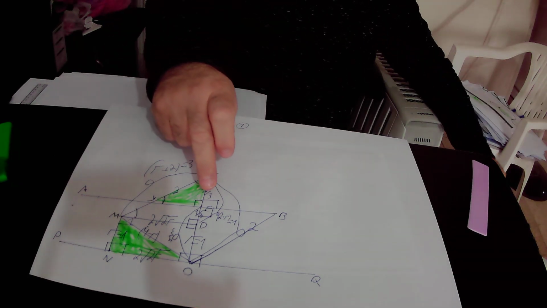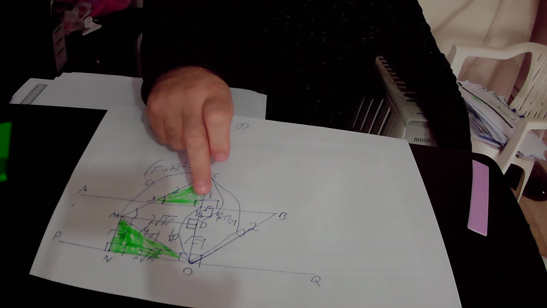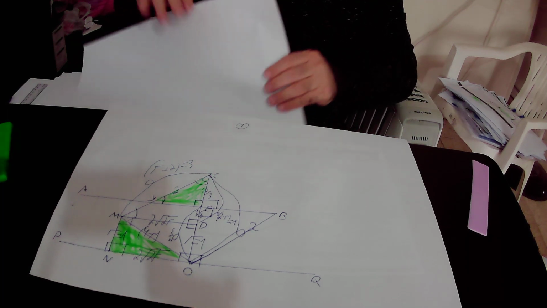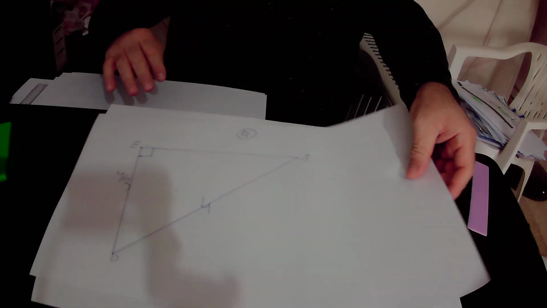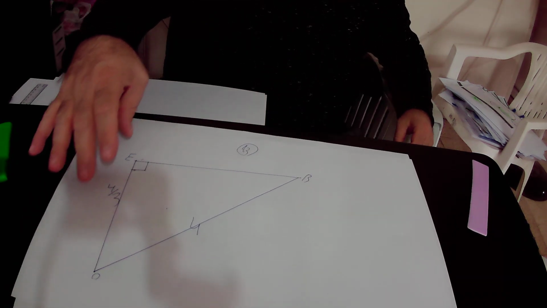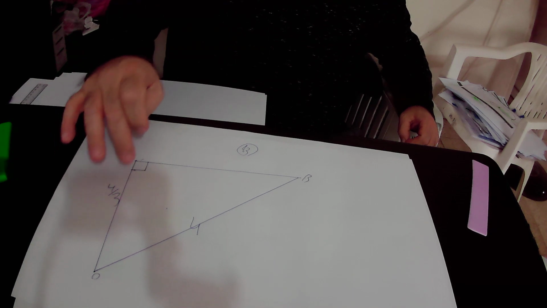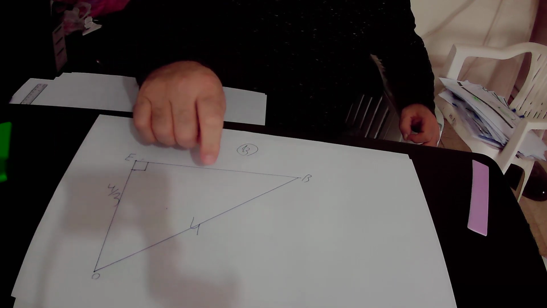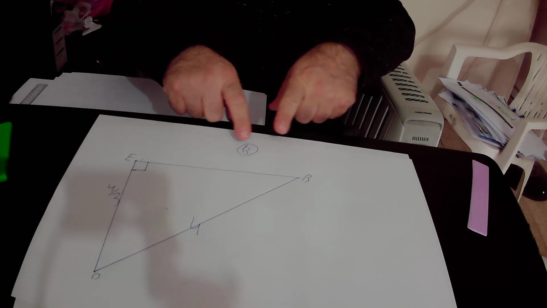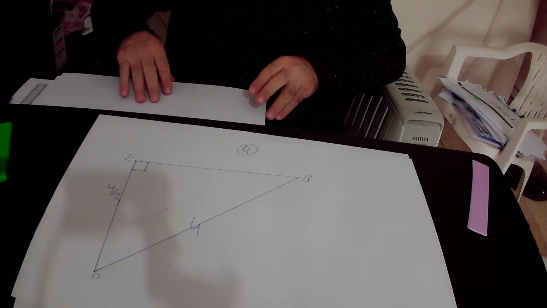So angle OEB equals 90 degrees. If angle OEB equals 90 degrees, then triangle OEB is a right triangle. Triangle OEB is a right triangle, so I draw triangle OEB again. And we know that OE equals 4 over 3 units, and OB is the radius of the semicircle, that is to say it equals 4 units, and we found the value of EB according to the Pythagoras